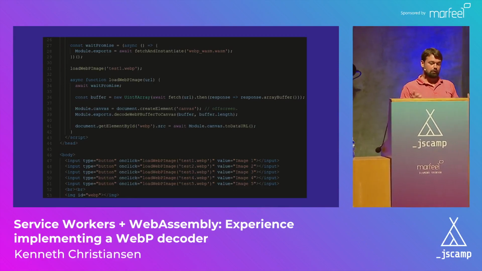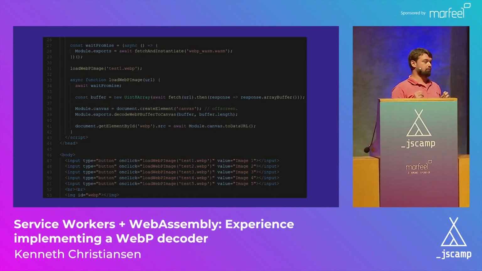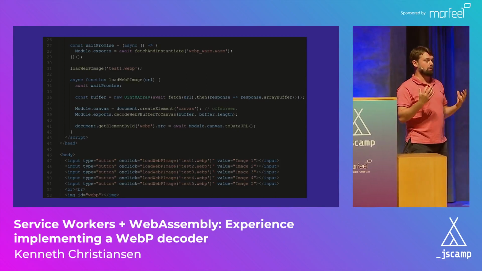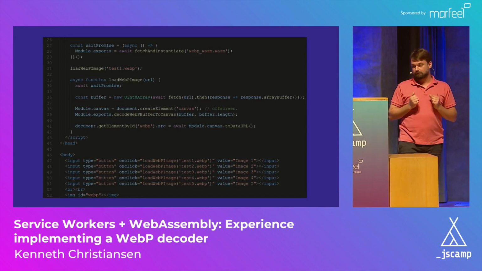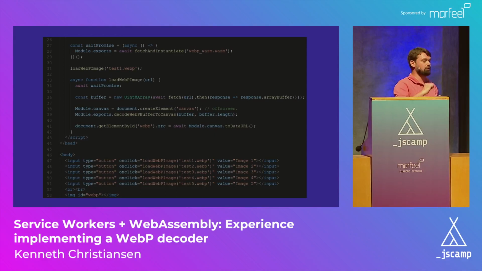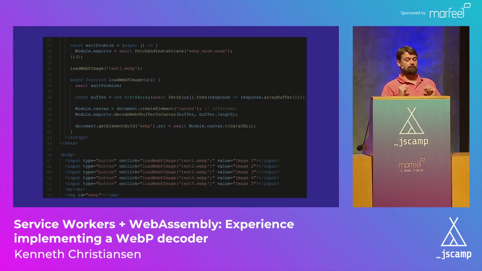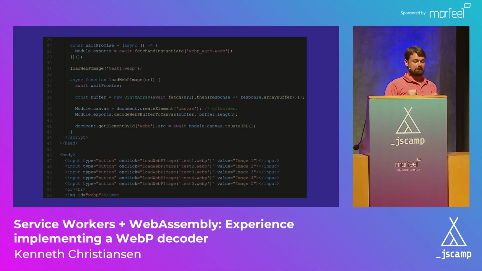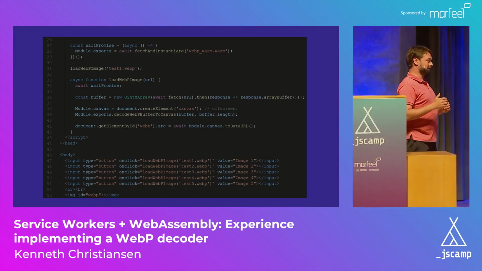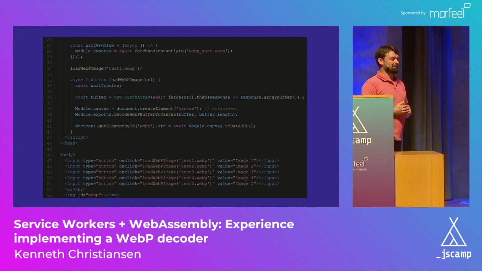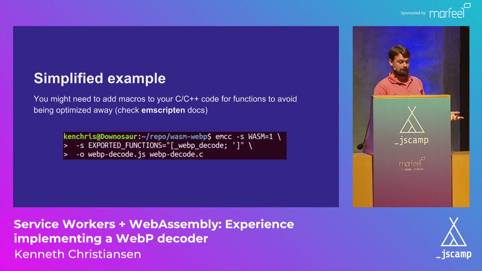The first thing I'm doing when I'm loading, first of all, I await a promise. This is just so that I'm sure that I have access to the module, because it needs to be imported first. When it's available, I actually go and fetch the original file. The data of this file, the buffer, I give to this function that I've written in WebAssembly called decodeWebPBufferToCanvas. And then I generate a data URL from the canvas, a URL in base64 format, just to make this work. But it actually works pretty well, as you saw before.